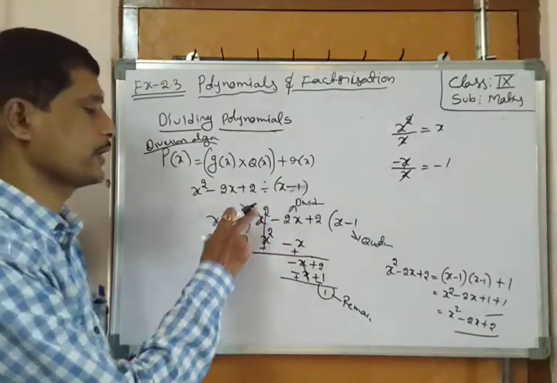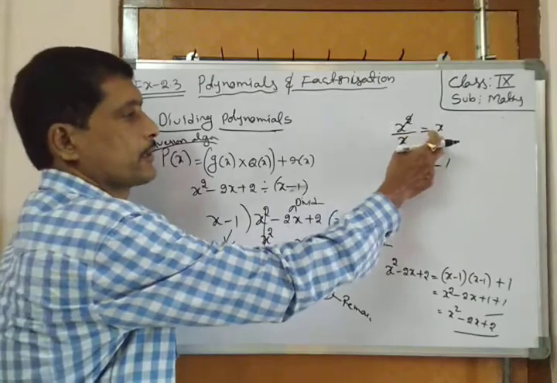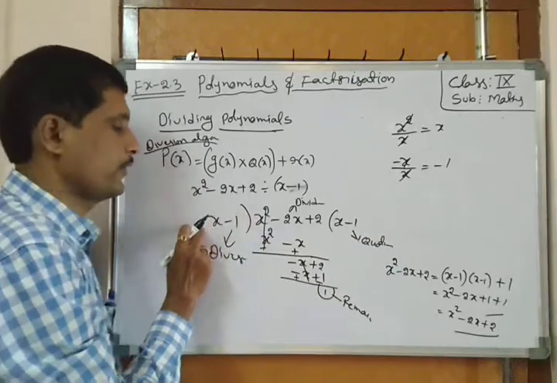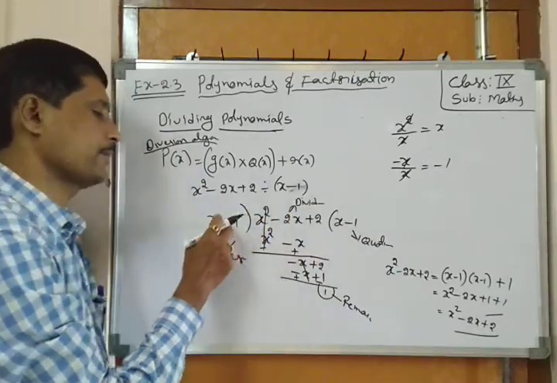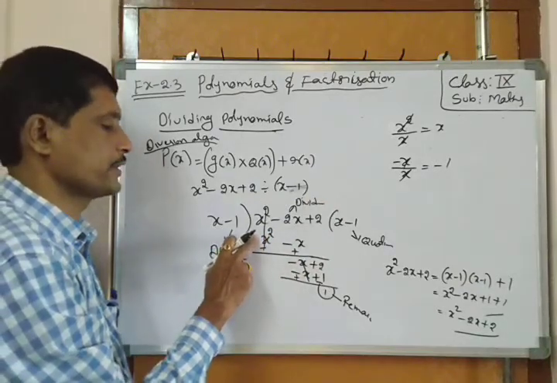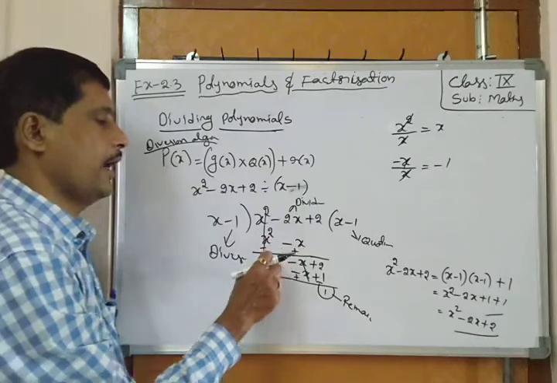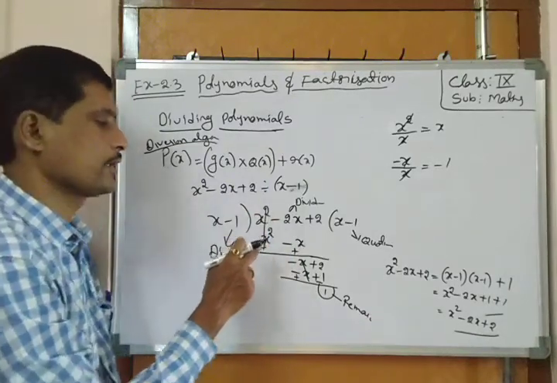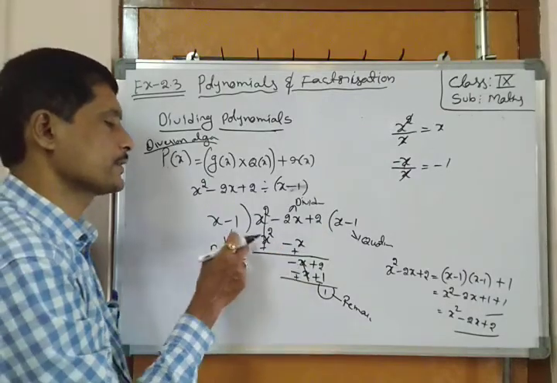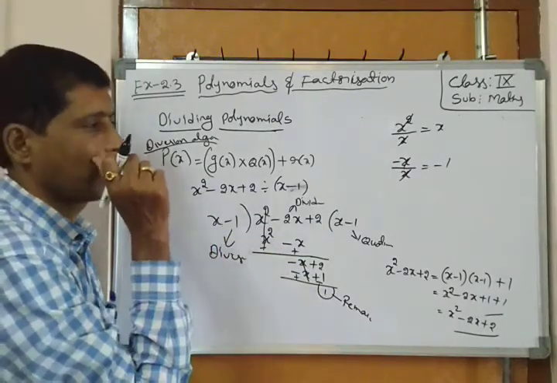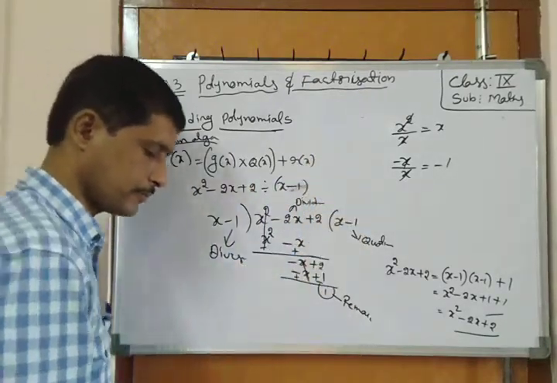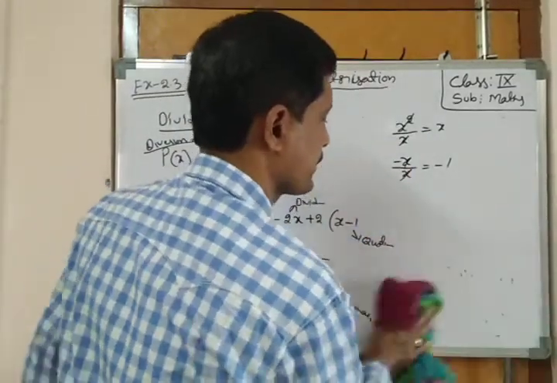First we have to take x square by x. That is x, that is the quotient. Here the quotient is x. Multiply these two: x into x is x square, minus 1 into x is minus x. Here subtraction, therefore the signs will change. Plus becomes minus, minus becomes plus, and x square minus x square cancel. Minus 2x plus x is minus x plus 2. Here minus x, here plus x, therefore minus x by x cancels, giving minus 1. Then simplify, you get this. Next one is the remainder theorem.